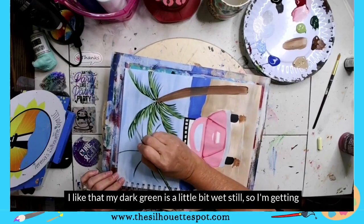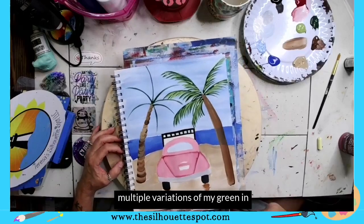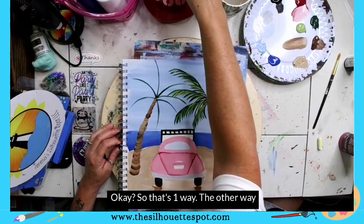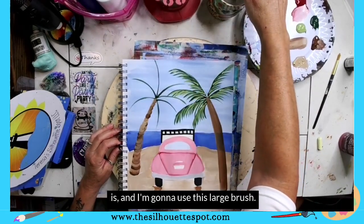I like that my dark green is a little bit wet still, so I'm getting multiple variations of my green in there, some dark, some light, some mixed. Okay, so that's one way. The other way is, and I'm going to use this large brush,